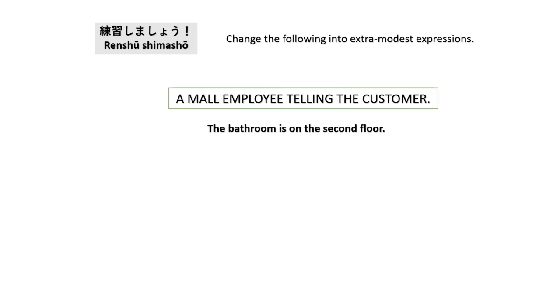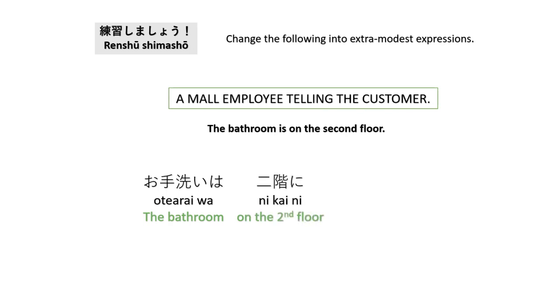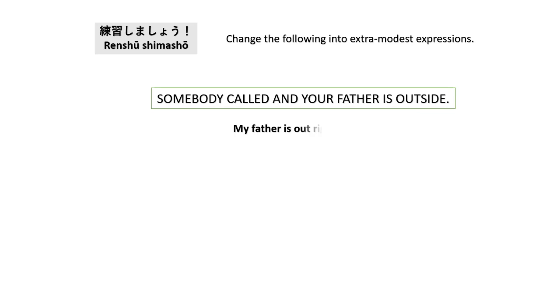Next, you are a mall employee and you want to tell the customer the bathroom is on the second floor. So, お手洗いは2階にございます。So, ございます is the extra modest expression of ある。お手洗いは2階にございます。